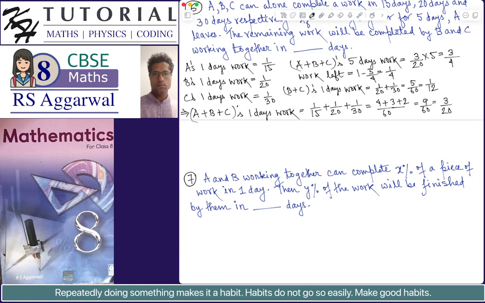So the time taken by B plus C to complete 1 by 4 amount of work will be equal to